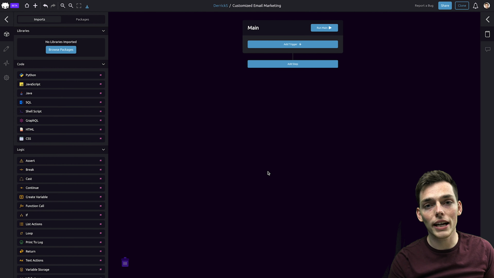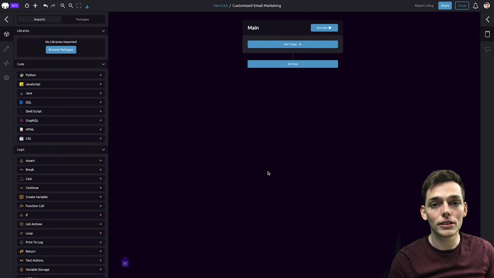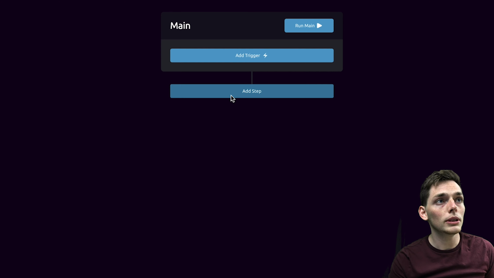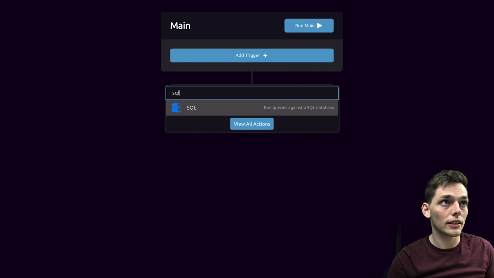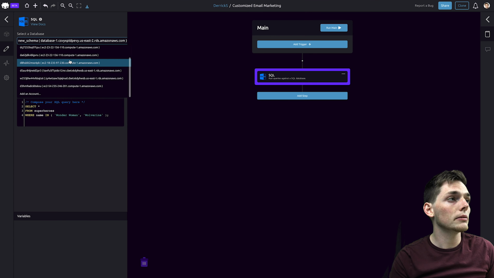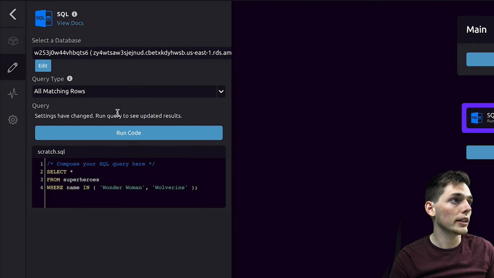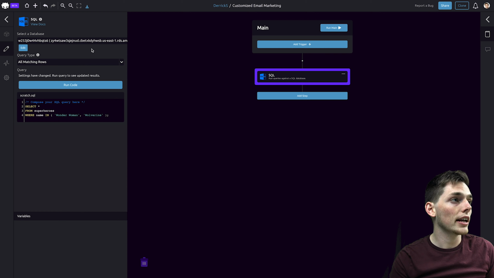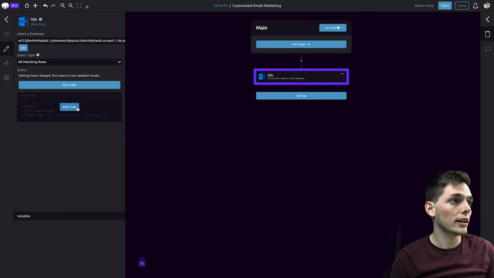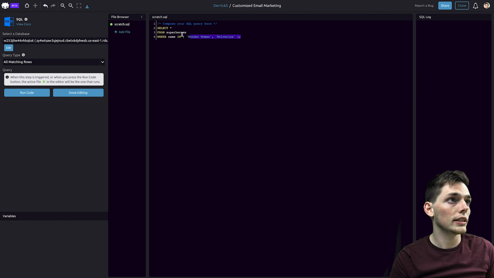Here inside the WayScript editor, the first thing that we need to do is to bring in the data that we need in order to send our emails. For me, my user data is inside an SQL table. Here we can either add a new database or we can select one that we've already added to our account. I've already added my database that I need to my account, and now I can go and type in custom